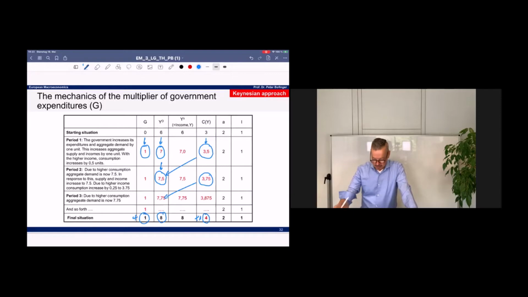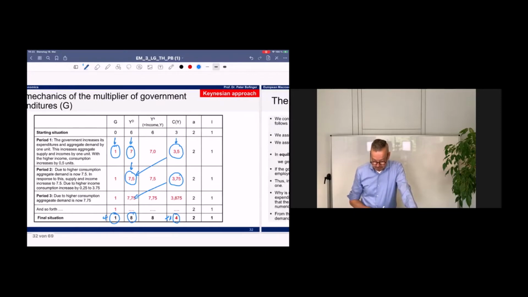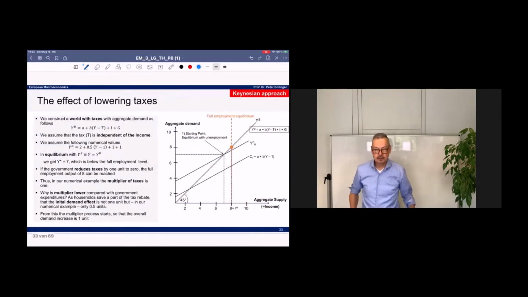and we'll talk about the empirical values of the multiplier soon. Let's then look at the second instrument which the government can use to stimulate demand. And of course, this is the instrument of tax policy. Government can increase taxes, can reduce taxes in order to stimulate demand, but it can also use higher taxes if the economy is in a situation of overheating.